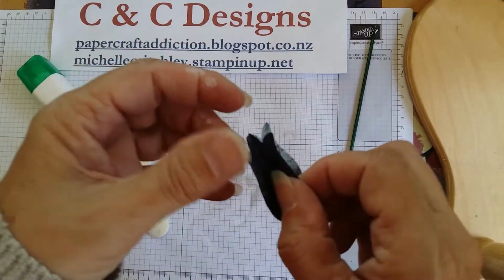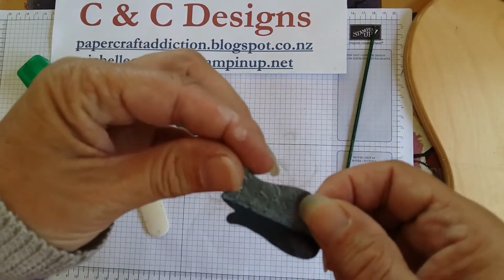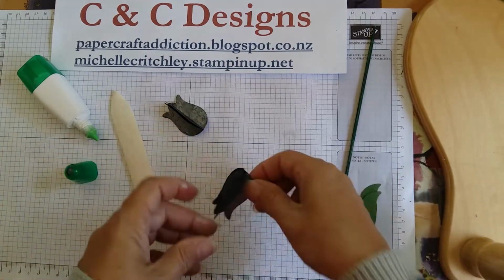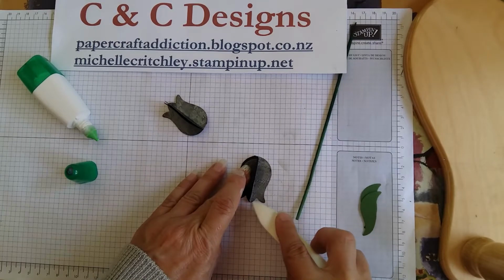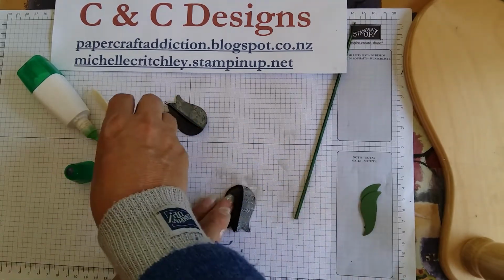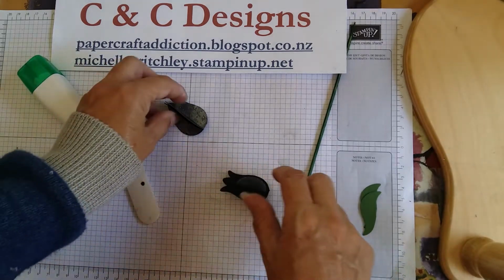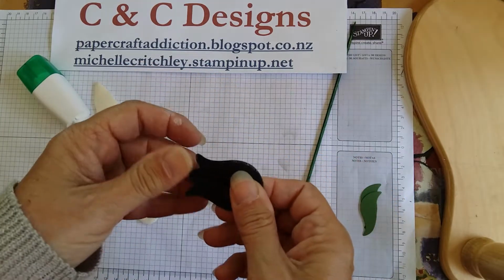That's what the silver stamping looks like, and this is what the white frost looks like. So strange, the white frost looks silver to me. You can get those 2 together and just give them a gentle rub, you don't want to rub too hard because you do have the embossing on there. Now if you're doing a solid color, you can give it a bit harder rub. Okay, so once you get those stuck together, and they stick pretty quickly with Tombow,